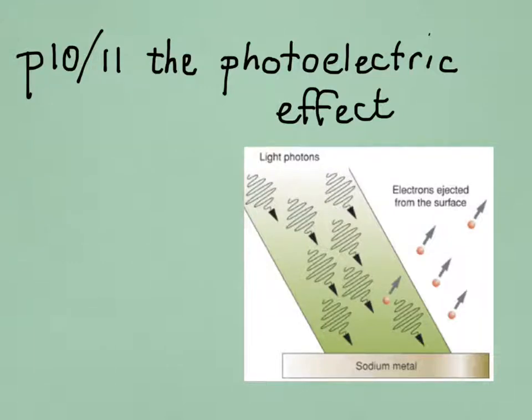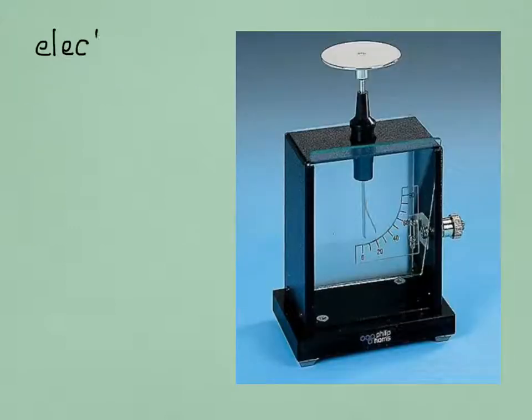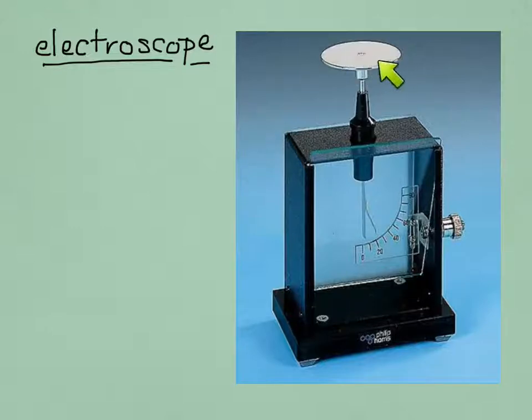This is a revision lesson covering p10 and 11 and a summary of the photoelectric effect. So first of all, we started off by showing you an electroscope. The electroscope is something similar to the one in this picture. So you've got a metal cap at the top and joined to a rod with a leaf, it's called, that